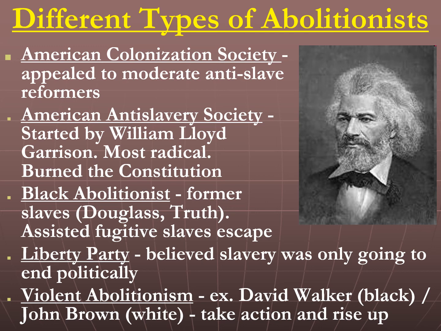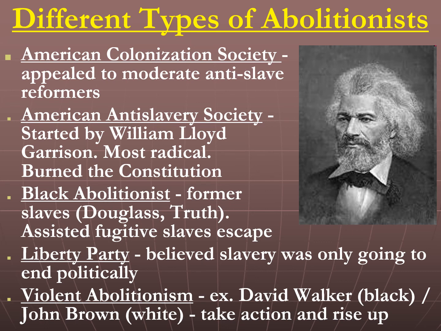The most radical anti-slavery person would be listening to William Lloyd Garrison. Garrison stated that basically all people should be freed immediately, that white people shouldn't be compensated for their slaves. That was a radical view. He burned the Constitution a couple different times, saying that the Constitution was a pro-slavery document. So he was more radical than the American Colonization Society. Then you have black abolitionists. This would be like Frederick Douglass or Sojourner Truth. And while they're obviously focused on ending slavery, one of the things that they did different than maybe Garrison is trying to get people out of slavery illegally, using things like the Underground Railroad and assisting fugitive slaves